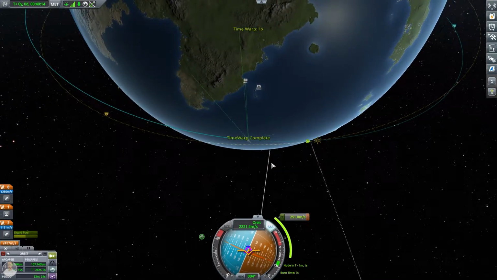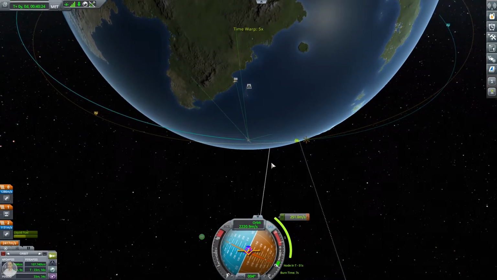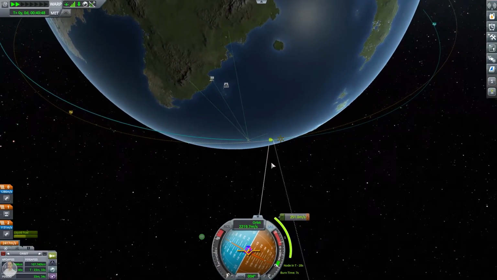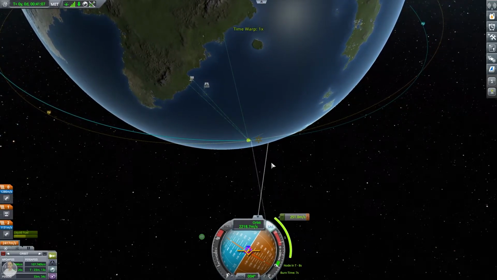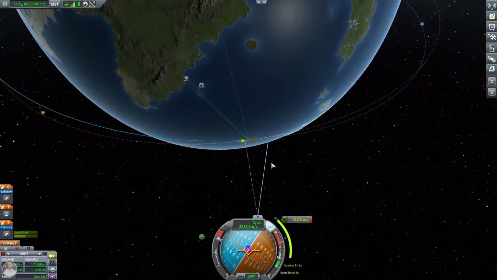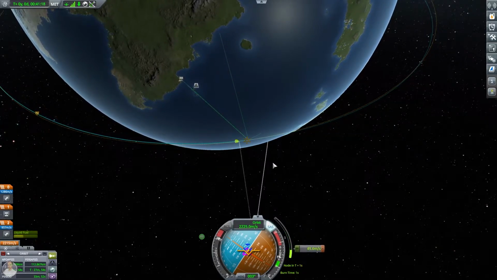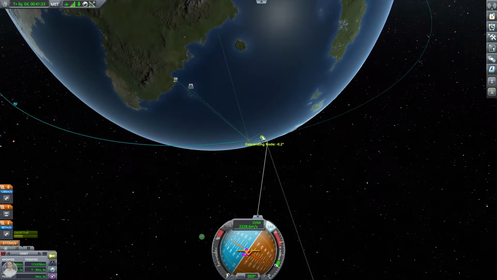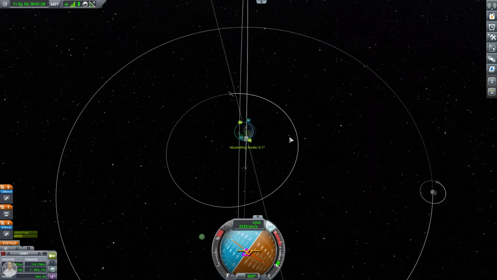Yeah. Still pointing to the maneuver. And time warp a little. Okay. And there we go. 7, 6, 5, 4, go. And that should be correct. Yeah, okay, that's fine. Alright, so Minmus is...